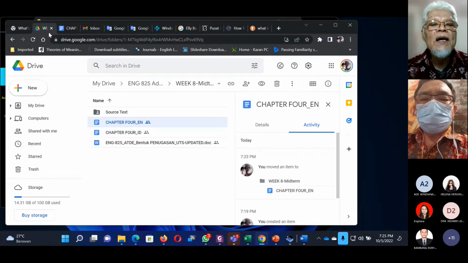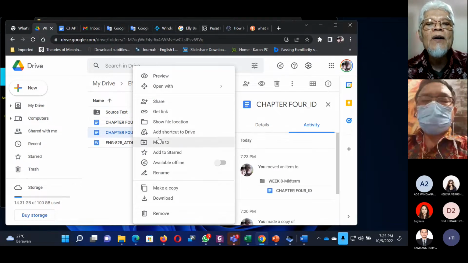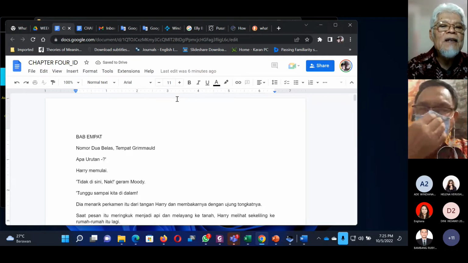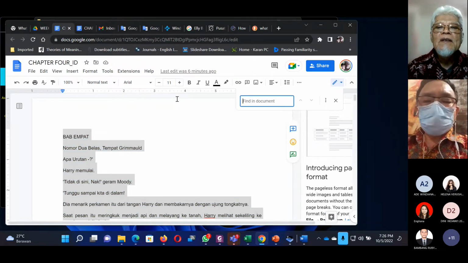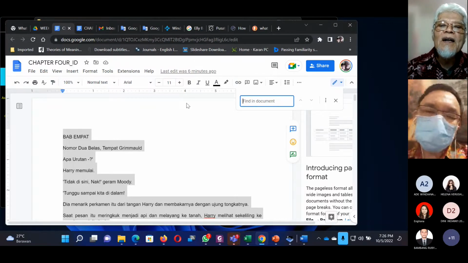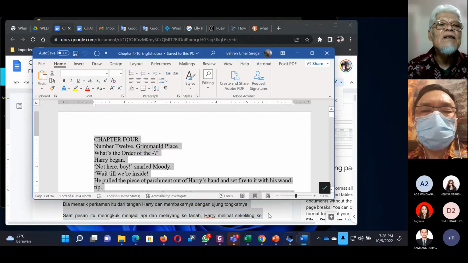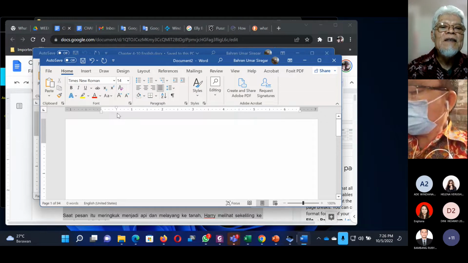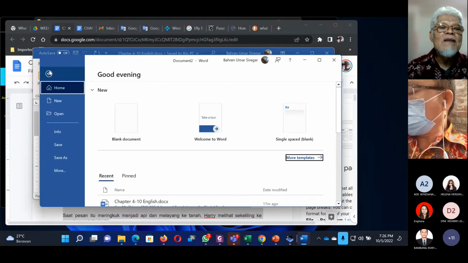So go back to this one and open the ID one, sorry, and then open with, right, Control A, Control C, and then open the Microsoft Word blank page, blank document, sorry, and then Control V. Here it is. So save it as,